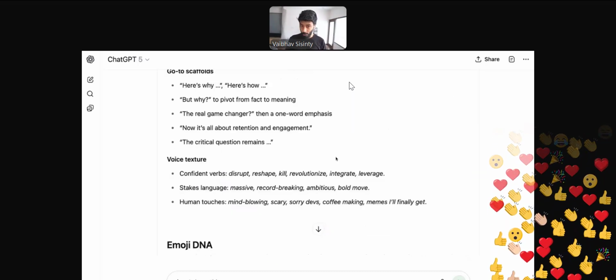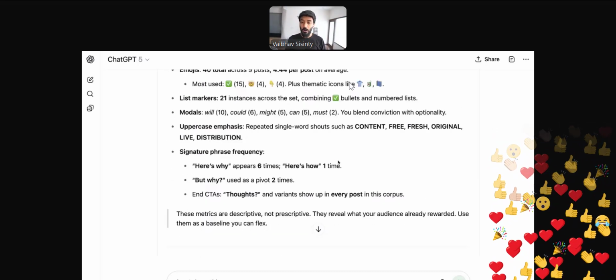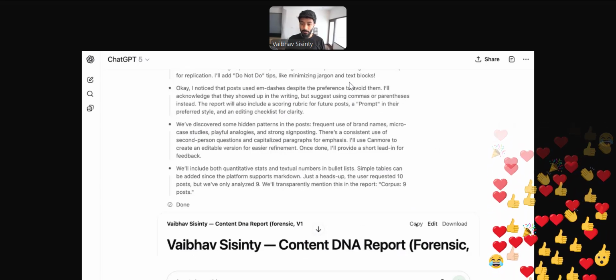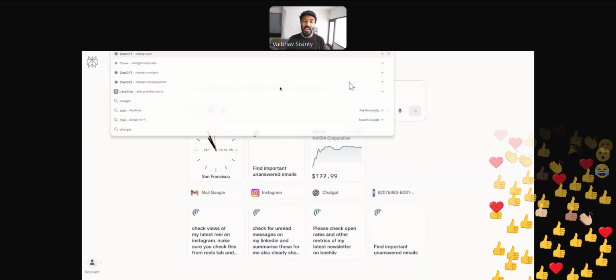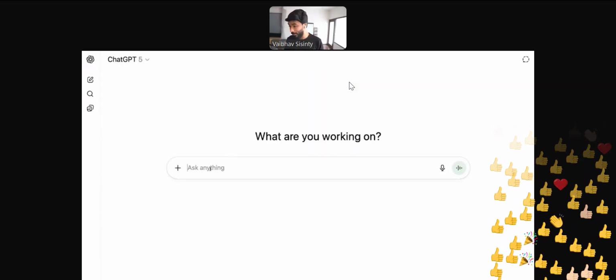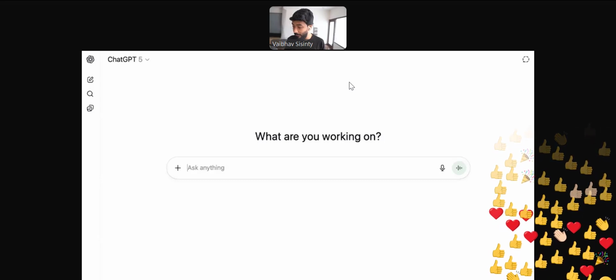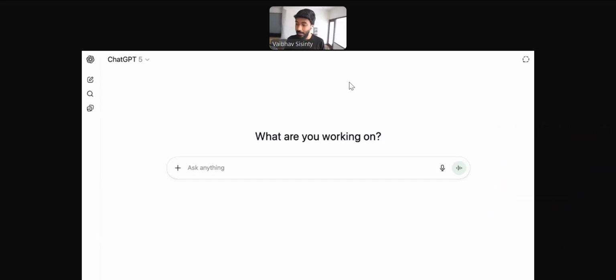Now that we got this report, all I have to do is click on the copy button right here, come to a new ChatGPT window, and I'm going to convert this into a prompt right now. What I'm going to do is very, very simple. What I'm going to tell AI right now is,